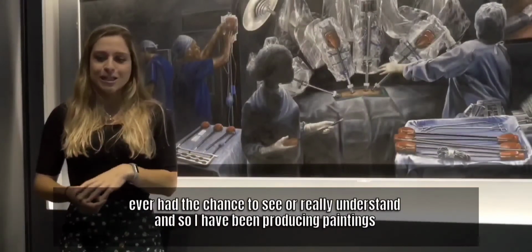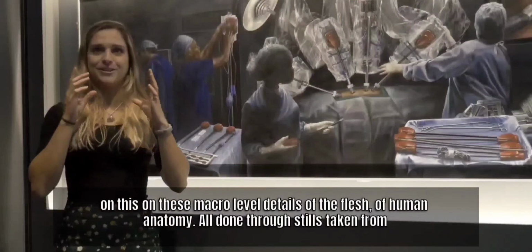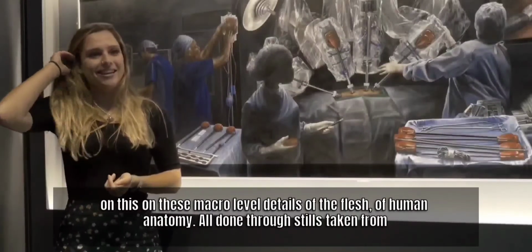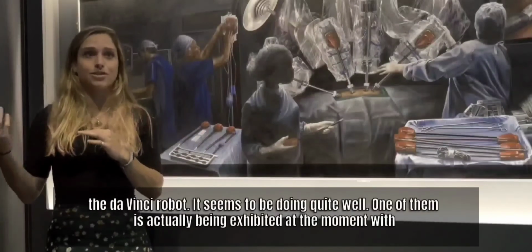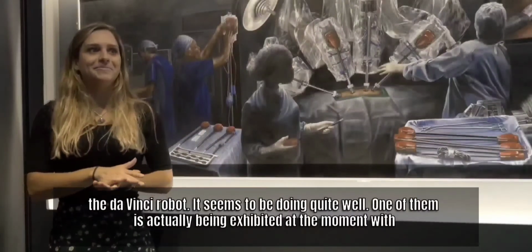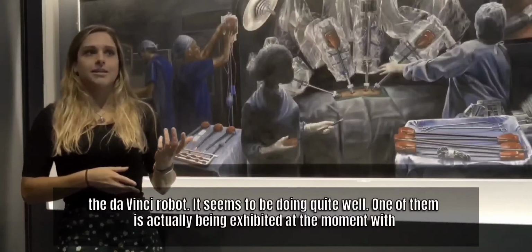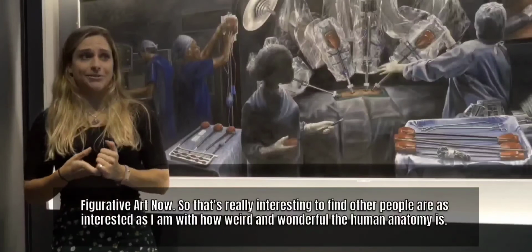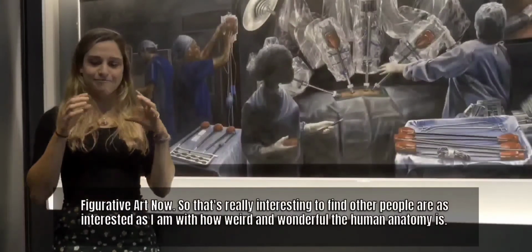And so I've been producing paintings on these macro level details of the flesh, of human anatomy, all done through the stills I've taken from the Da Vinci robot. And it seems to be doing quite well. One of them is actually being exhibited at the moment with Figurative Art Now. And that's really interesting, to find other people are as interested as I am with how weird and wonderful